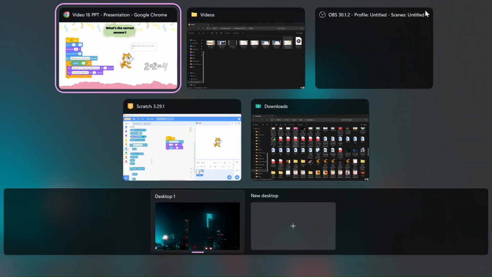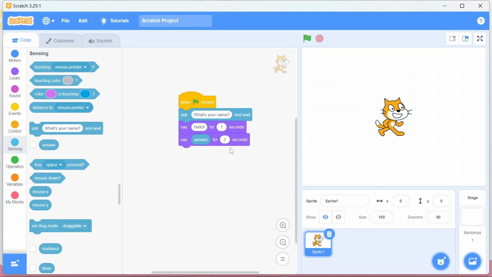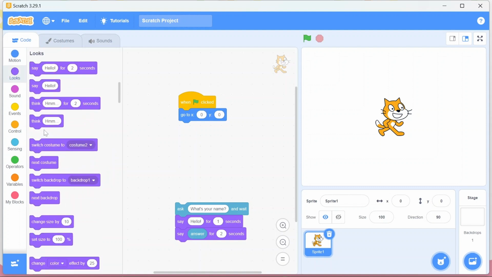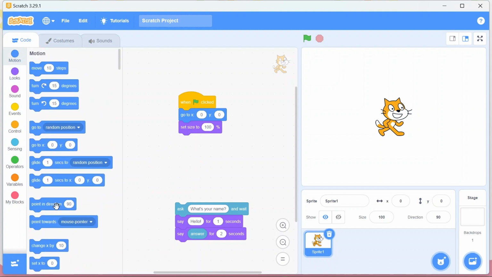So here we go. We can come here on the Scratch window. Now we are going to check the answer, right? For that we need to set our first x and y coordinates. So we will go here and choose this option of go to x and y coordinates. Then we will set our size as 100%. Why do we do this? We cannot do without it, but it just provides proper clarity. So later on when you change the value, it knows that in the starting we have set our value as 100%. So that's why we do these things. We can do the set size to 100%. The next thing, we are going to set its direction as point in direction 90.